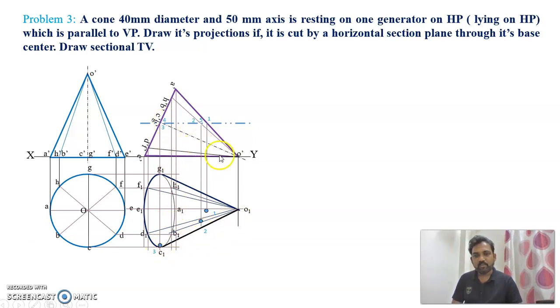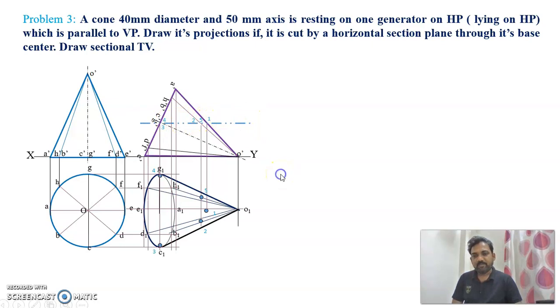Then the fourth point is on O dash G dash, and in top view it is O1 G1. So project, take a line. We already took a projector from point 4, and here we get point 4. Then point 5 is on O dash H dash, so in top view O1 H1. Project point 5 from here, which we already did, and mark it as point 5. So this is the locus of the curve which we got when the cutting plane is parallel to the XY line